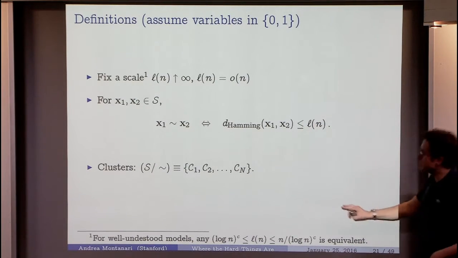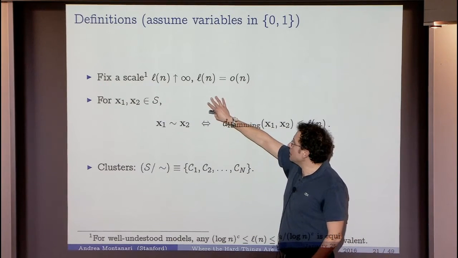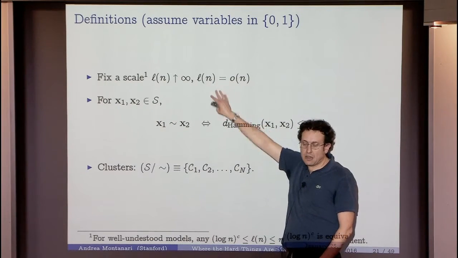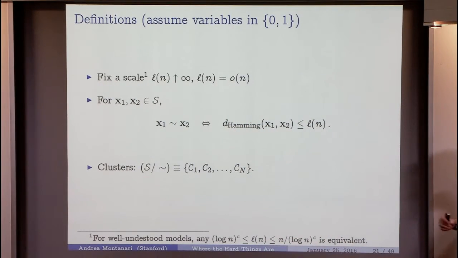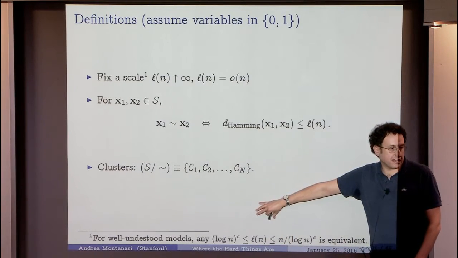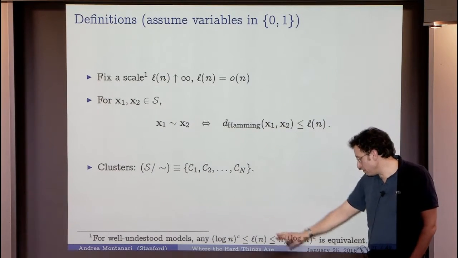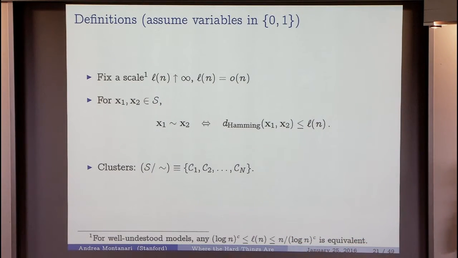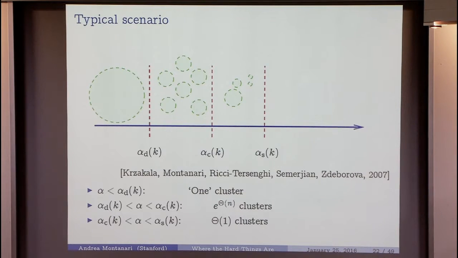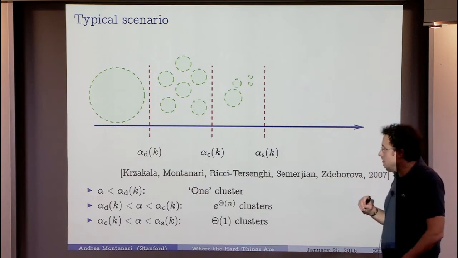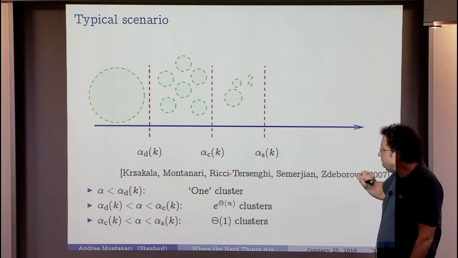Now this definition is a bit tricky because you have to fix this scale. This might seem arbitrary, but in the cases that are well understood, basically any value of this scale that you take makes sense. The maximum Hamming distance is n, and basically anything between polylog and n over polylog gives the same partition. And the picture that emerged from these papers is more or less the following: depending on alpha,